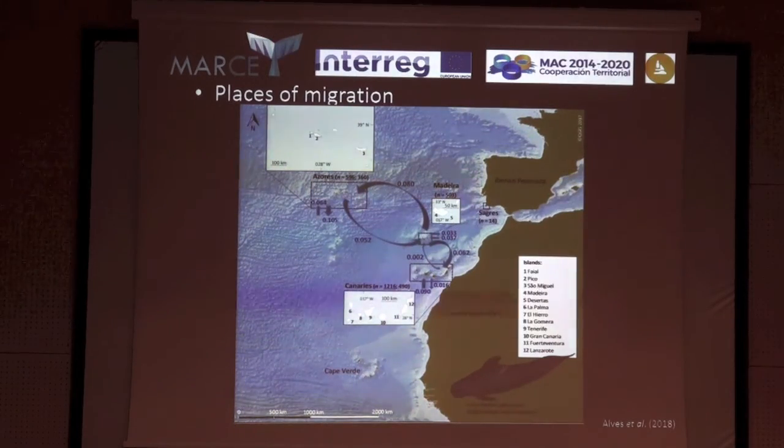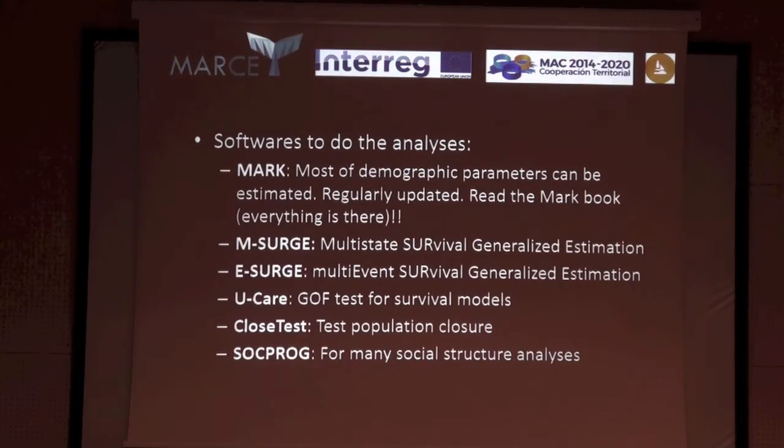Just by having a catalog and comparing between areas, you can see that we had some movements of individuals from Madeira to the Azores and from Madeira to the Canaries. There weren't any between the Canaries and the Azores. So this can also inform you a little bit more on the population structure as